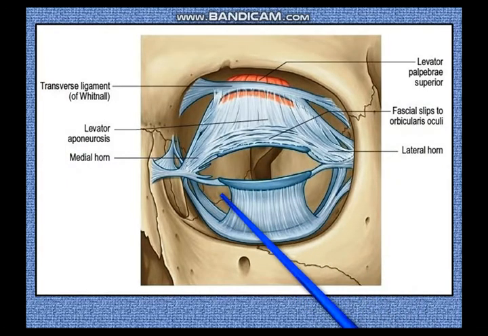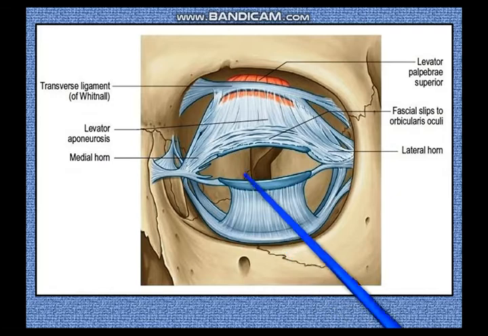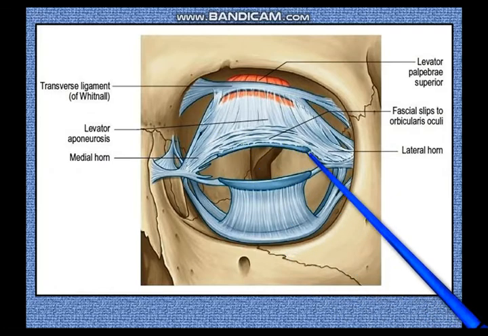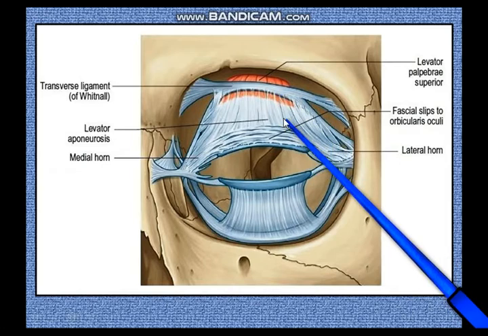Now let us take a look at the next picture. Here you can see that just as the lower tarsal plate is connected to the ligament of Lockwood and the common sheath of the inferior rectus and the inferior oblique, the superior tarsal plate here is connected to the aponeurosis of the external oblique, which you have already seen.